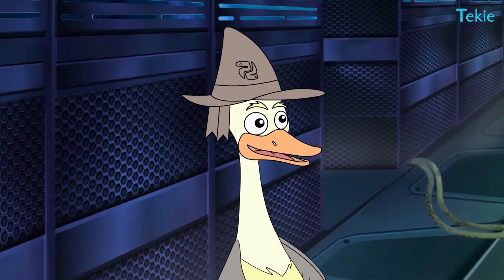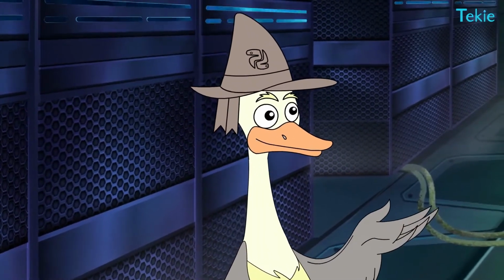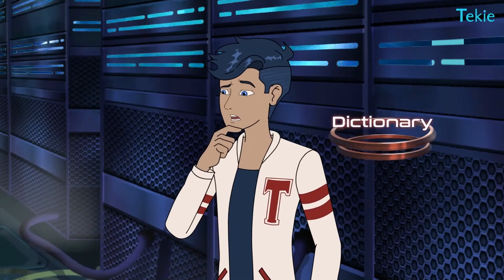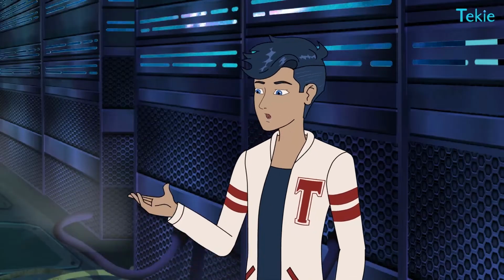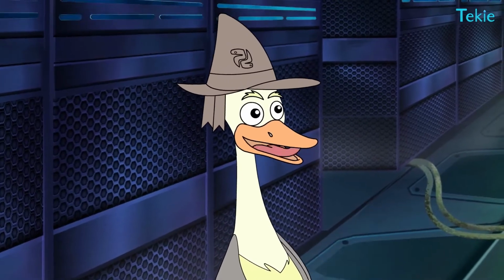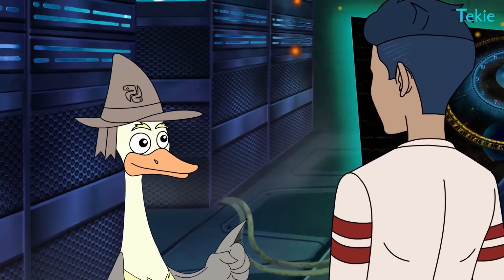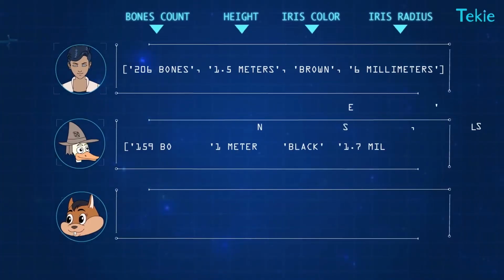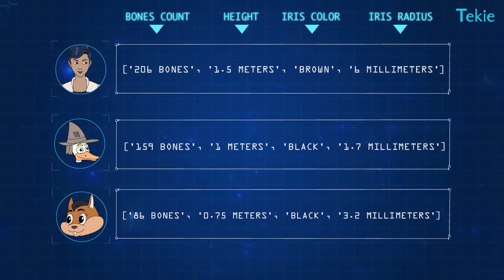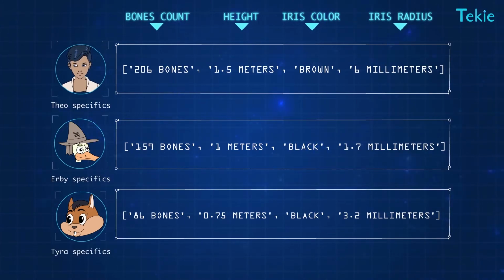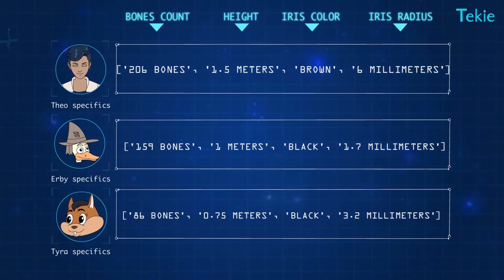Almost there. With that, you can use something you learned recently. Dictionaries? Exactly. But how? Remember how they store information? Key value pairs. So? Well, what values are we trying to store here? List of specifics? And what will you name the list? I'd call the list of my specifics as Theo specifics, yours as Irby specifics, and so on. That means we have a person's name and their specifics.